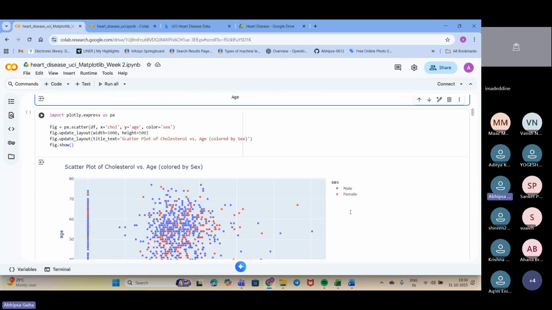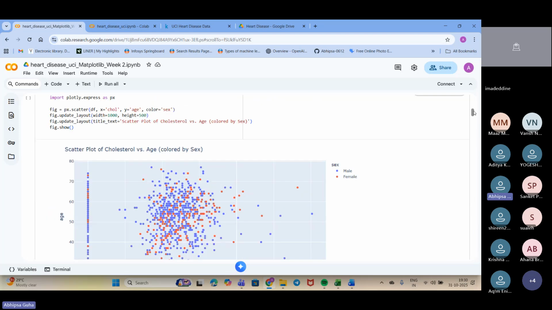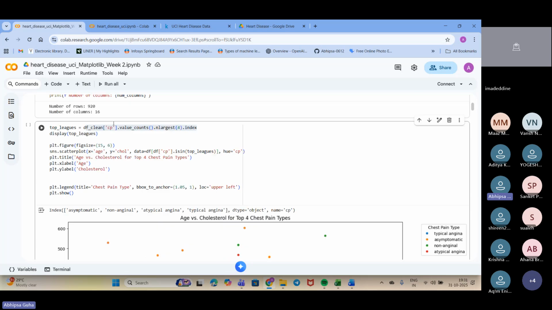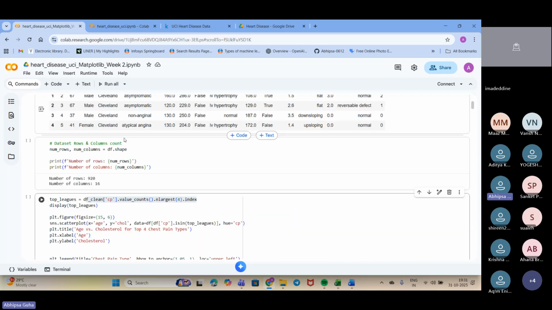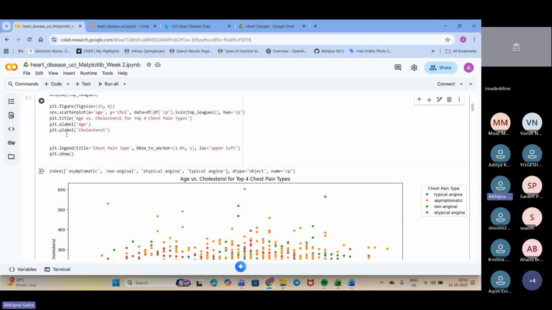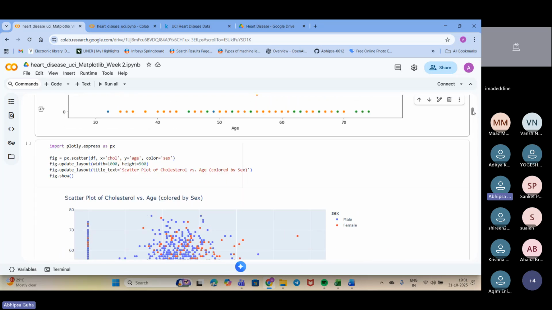Okay, so let's move down to the next plot. This is another plot. See here, I have used plt, matplotlib, but going down here we need to make better interactive plots. For that, I am using Plotly Express, another library of Python.